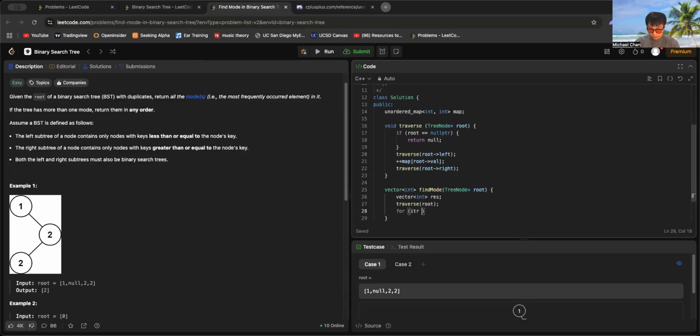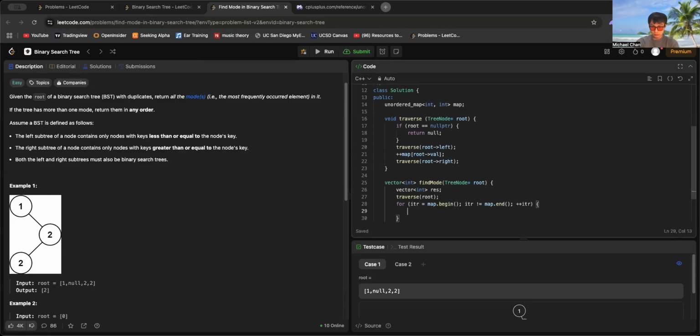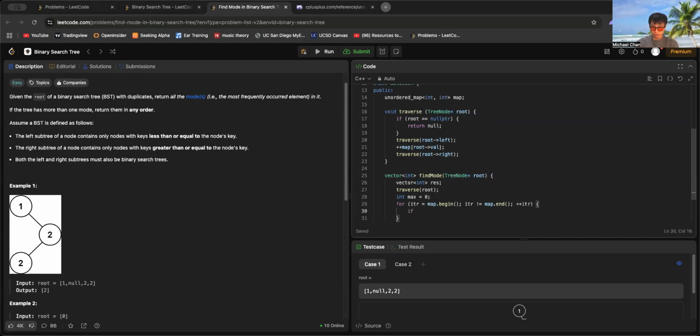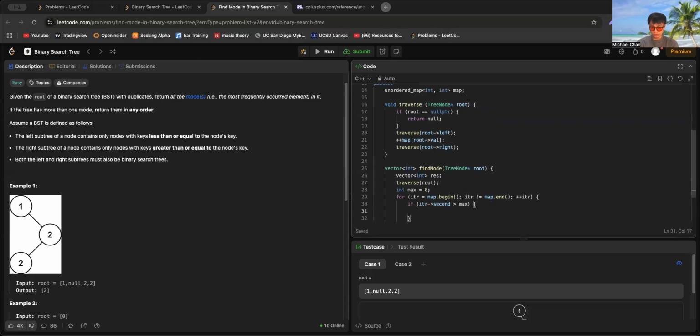Then I can iterate. I feel like iterator equals map begin, is not equal to map dot end. And then if iterator dot second, which is the value, right? If iterator second is larger than max, then what you want to do is